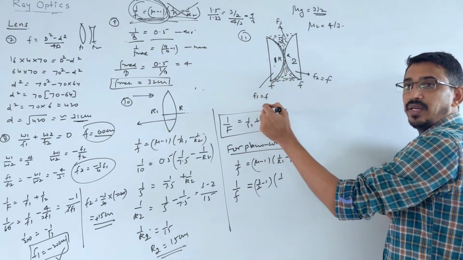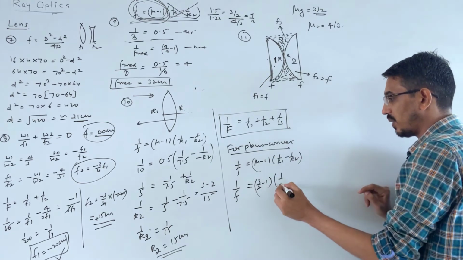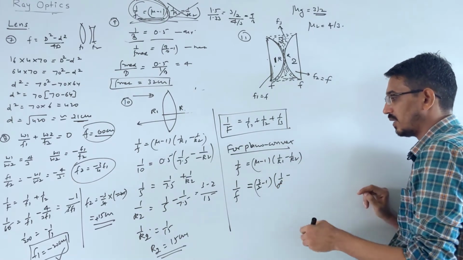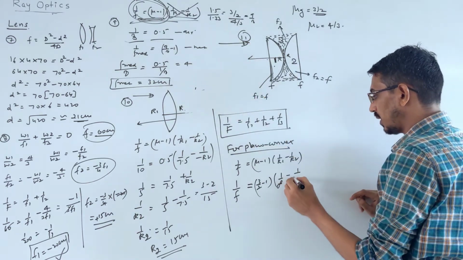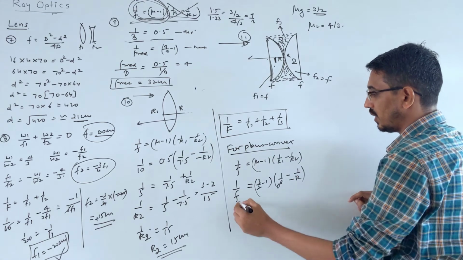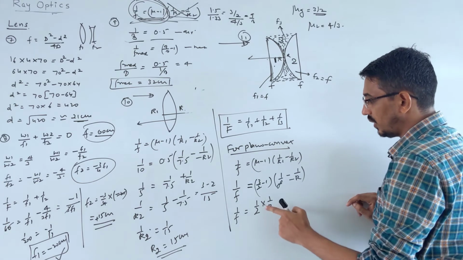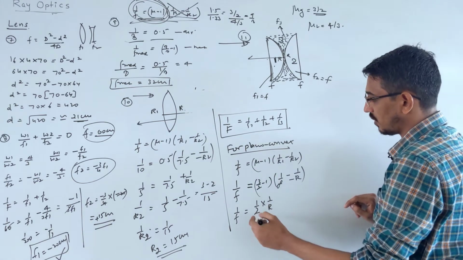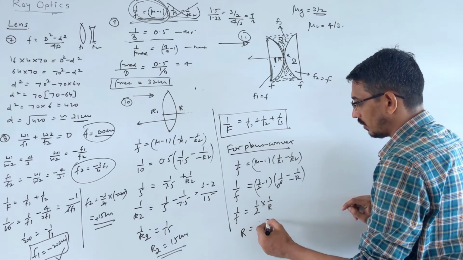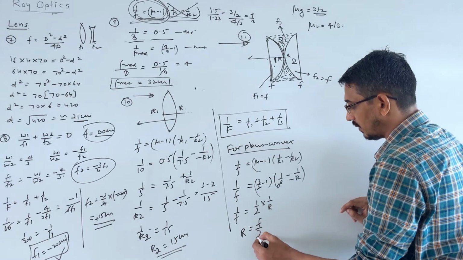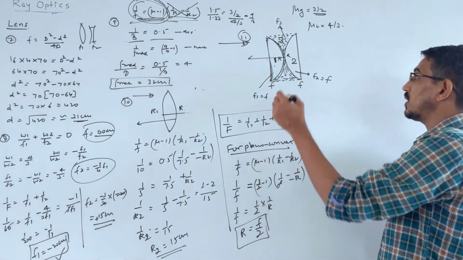This side is plane, infinite. So the first surface is infinite, which means 1 by r is zero. Minus 1 by r2: suppose light is coming that way, so we are going against it, so it becomes minus R, we are calling. So if you see from here, 1 by f is equal to 1 by 2 into R. So from here what are you finding? You are finding the radius of curvature. 2R is equal to f, so R is f by 2. This is what your R comes to. Correct? So the same curvature for this one also, R.